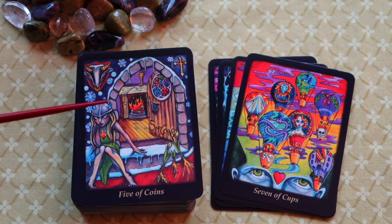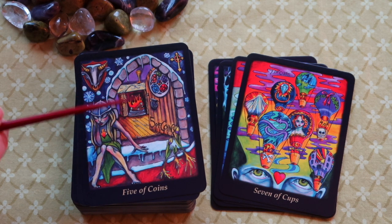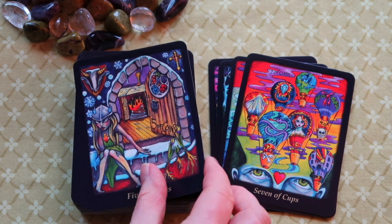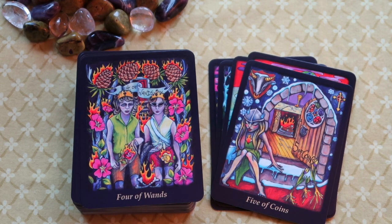And the fire here is mirrored in the fire that is inside where the warmth is. And so she has everything that she needs within herself, or this character here has the opportunity to step inside and to be with it. So yeah, it's definitely one of those decks that is open to lots of different kinds of conversations and